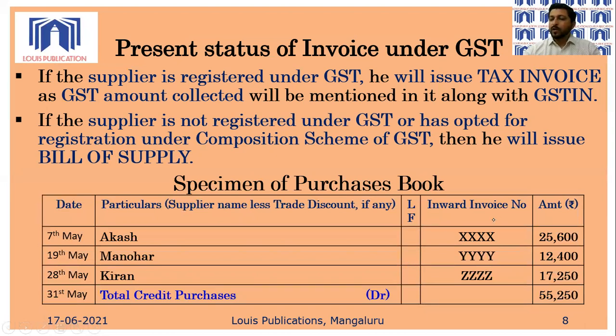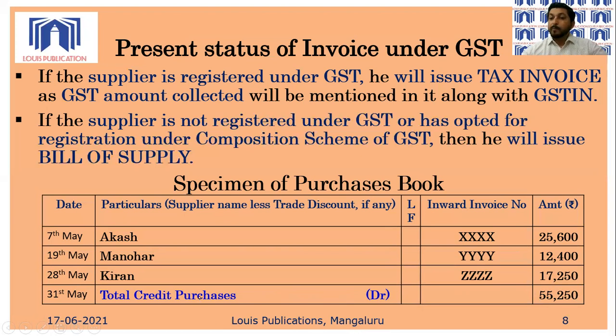And here we are going to record the inward invoice number. Inward invoice number is nothing but the tax invoice number or the bill of supply number, whatever is issued by the supplier. So that will be recorded over here. And finally, we are going to total at the end of the month. The purchases book, or we say all subsidiary books, will be totaled at the end of the month. At the end of the month, on the last day, you are going to record total credit purchases, and very importantly, you are going to record in brackets the word debit. Remember, this amount which is available in this example,